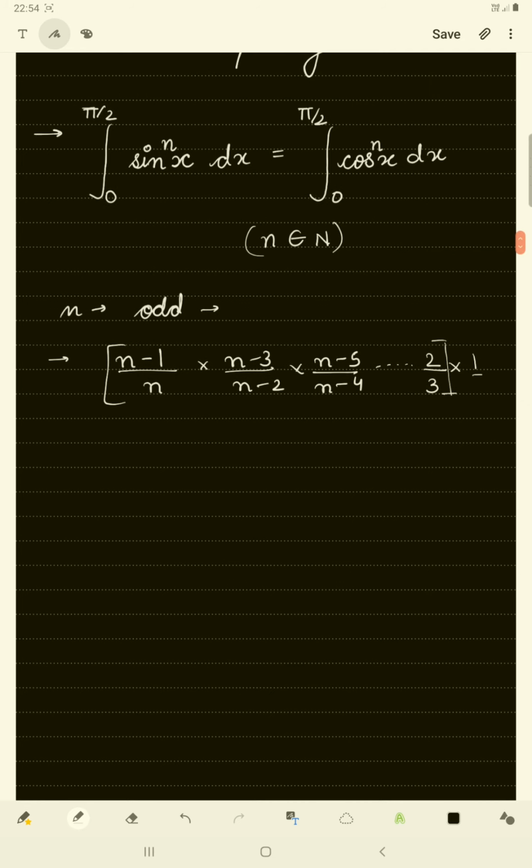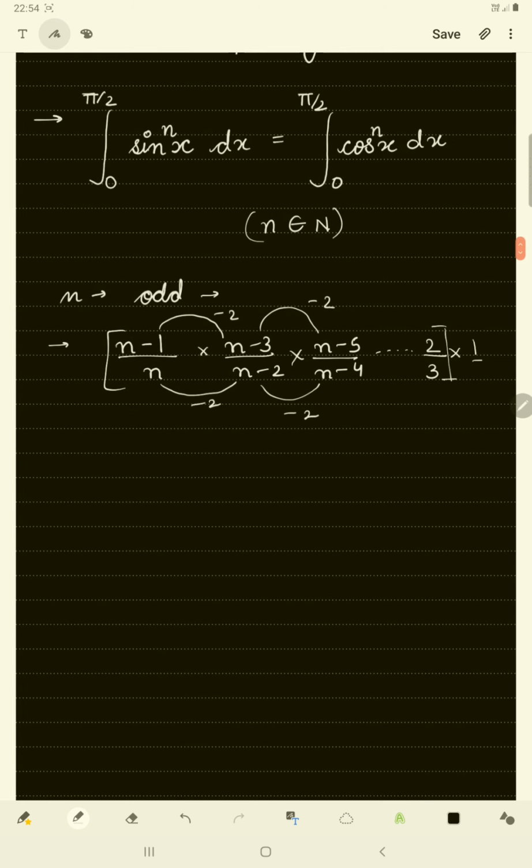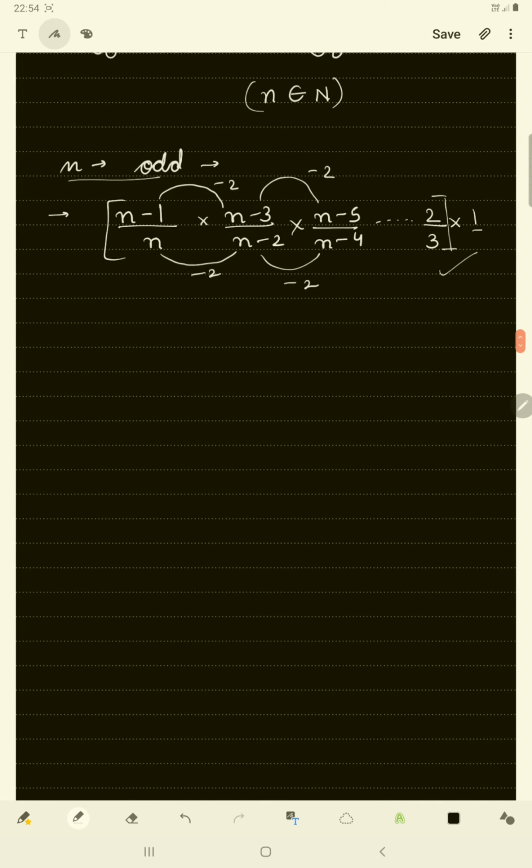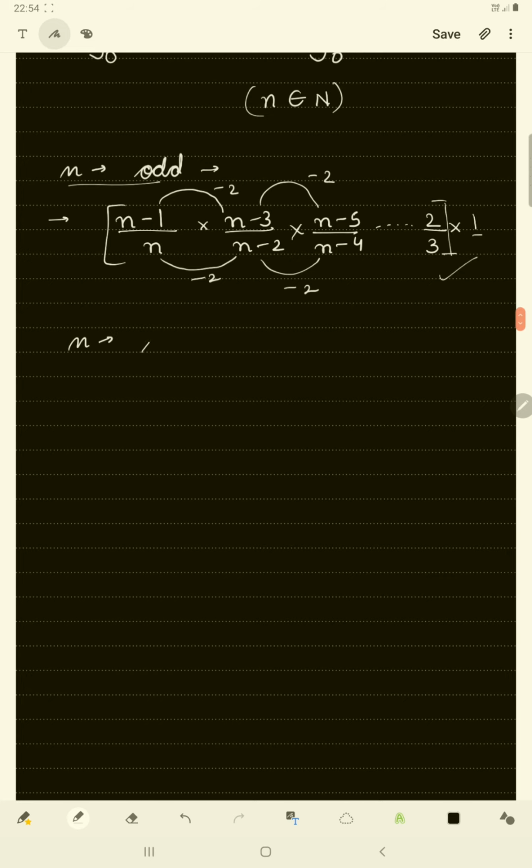Now it is very easy to remember since we have subtracted a 2 from here and a 2 from here as well, and similarly proceeding with other numerator and denominator, we subtract 2 from both of them. Now if n is odd, we can do it very simply by this formula, and if n is even, we